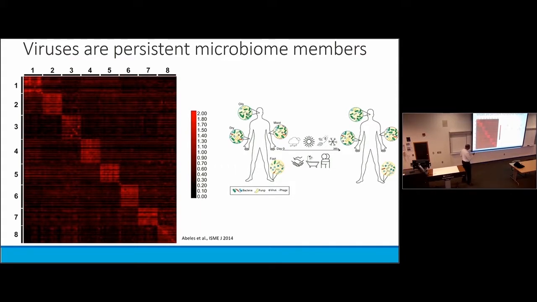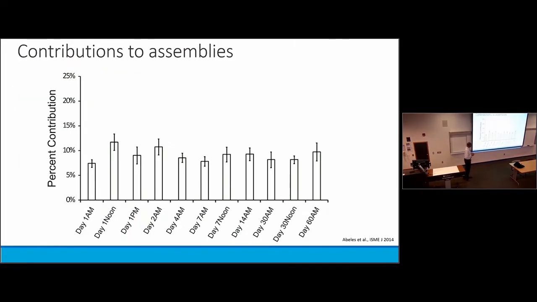So we sequenced all of these viruses and we put together this heat map. And as you guys can see, this heat map looks like a matrix. It was never intended to look like a matrix. Whatever the opposite of a matrix is, that's what we intended it to look like. But it looked like this because the same viruses were enriched and present in every single subject. So in fact, it looks like viruses are persistent members of your oral cavity or the human microbiome, not transient members of your microbiome.